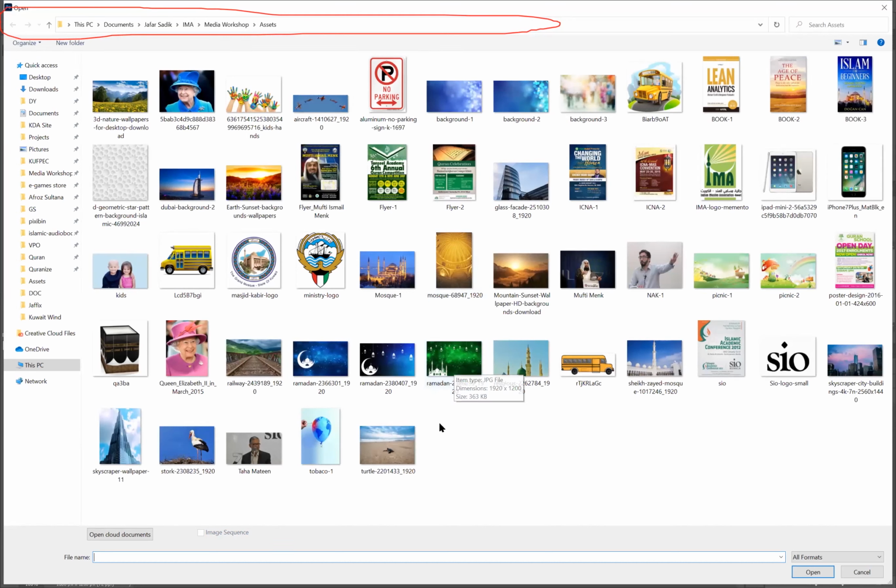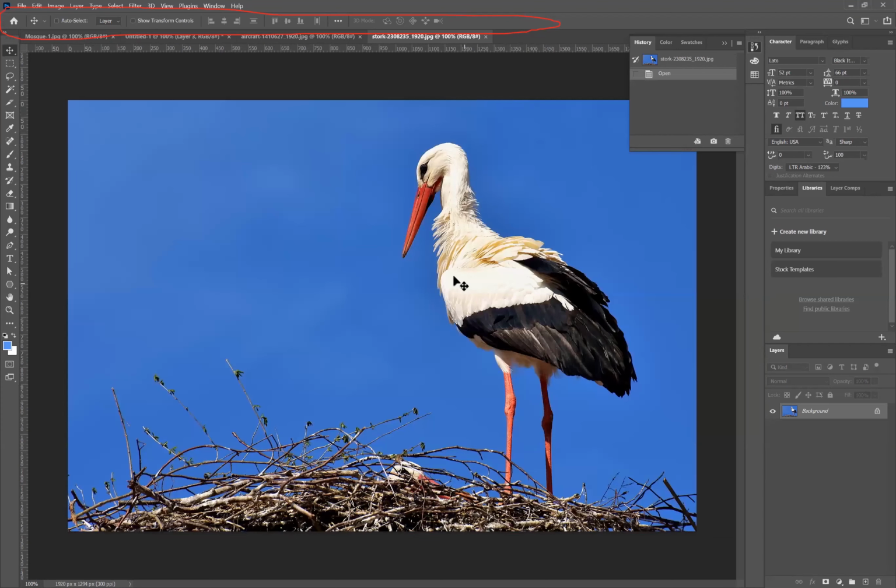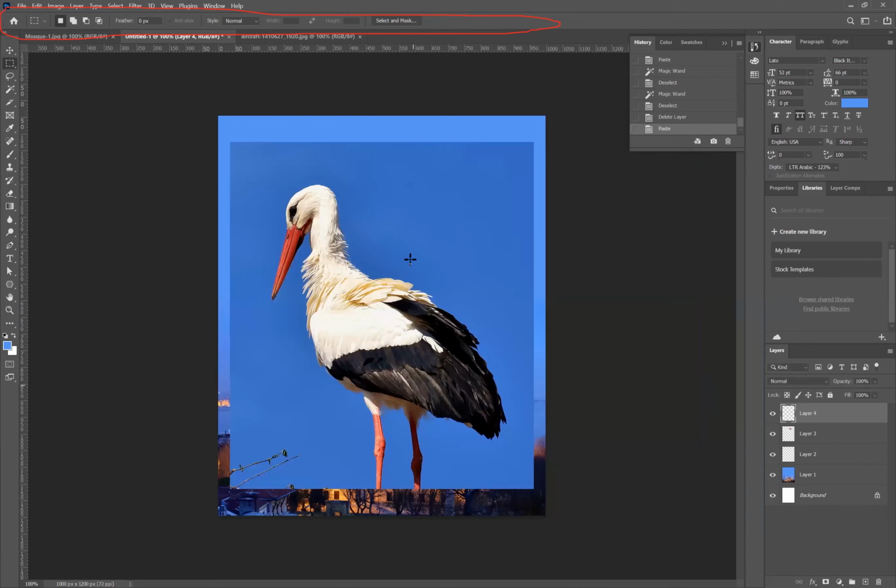Let me bring, okay, this one. I will copy this bird and paste it here. Now, say the tolerance is 12. Let's see if I have 5 as the tolerance for the magic wand, and if I click, see what is happening.